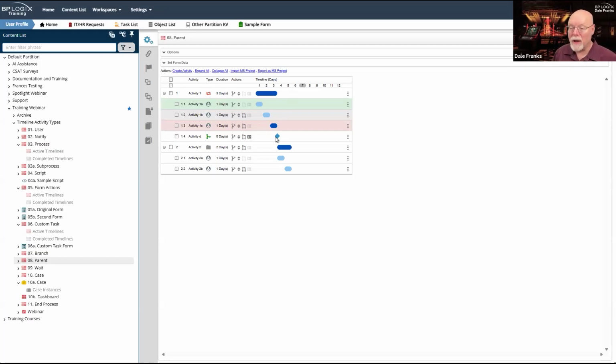What I do know is that no matter what happens inside this section, if I exit the loop and if I restart the loop, I don't want to start activity 2. If the loop ends normally and there are no restarts and no cancels, well, then when this loop ends, I still want to start activity 2.